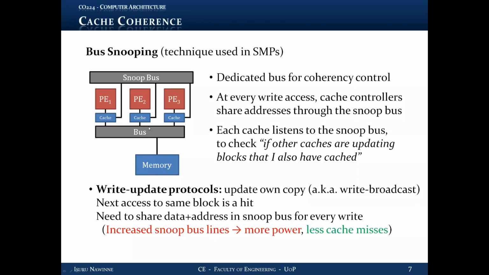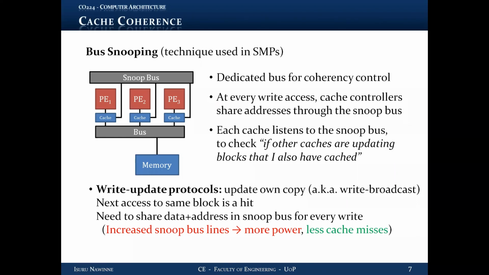That was the write invalidation set of protocols. Other thing we can do is update our own copy. Instead of invalidating, we update our own copy. So that approach is called write update. The protocols using that technique are called write update protocols. Sometimes they are also called write broadcast, right? So